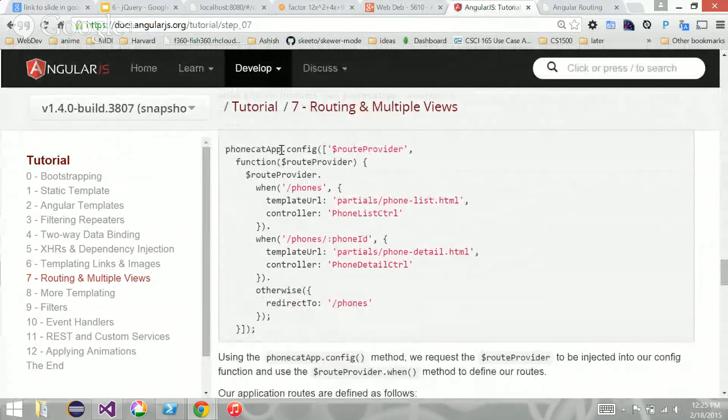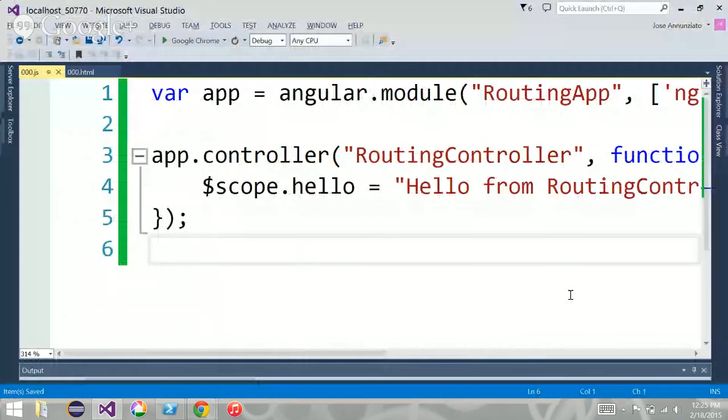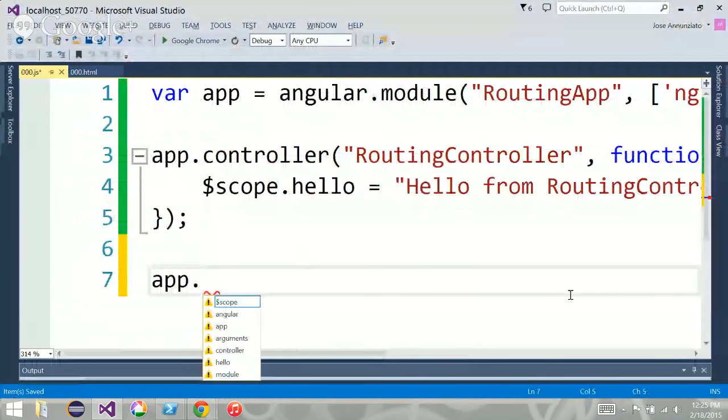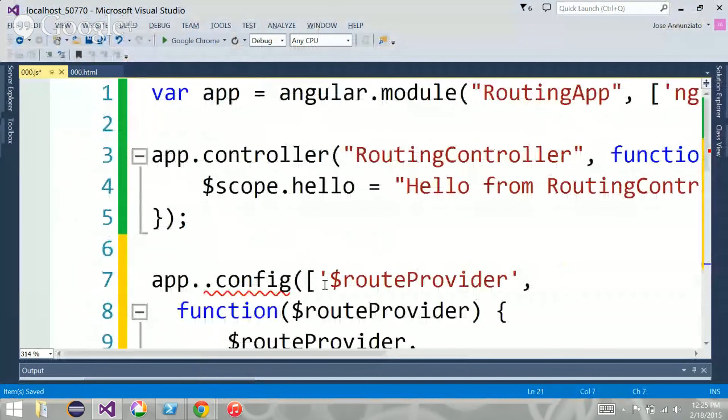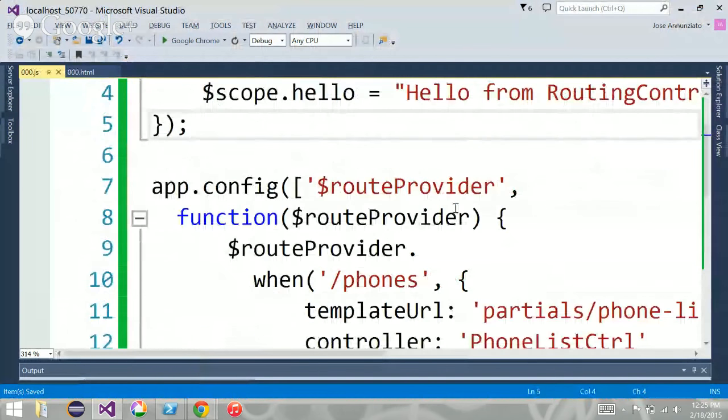So the way it works is that you configure it by using the application's config. You say app.config, and configure the centralized controller. This is the centralized controller that's going to be responsible for handling your events. It says if this happens, I want to navigate here.